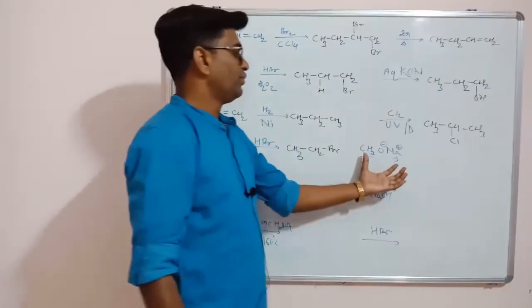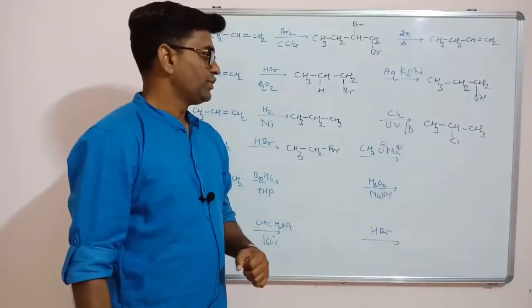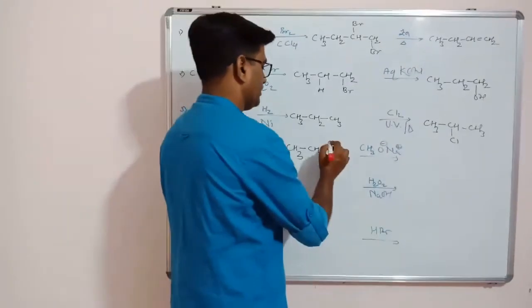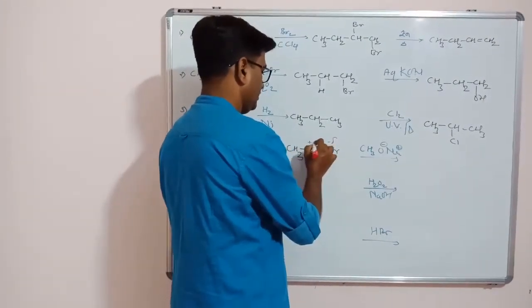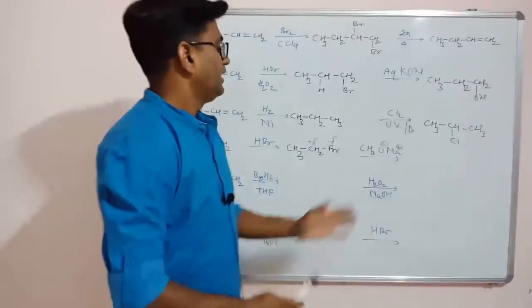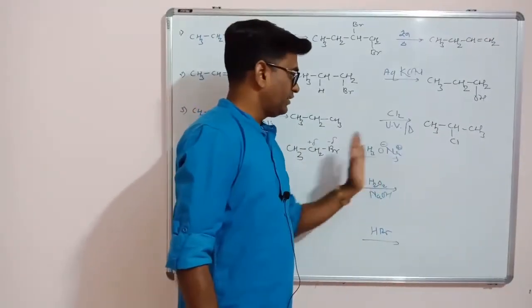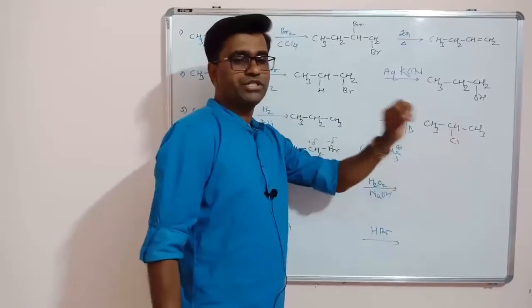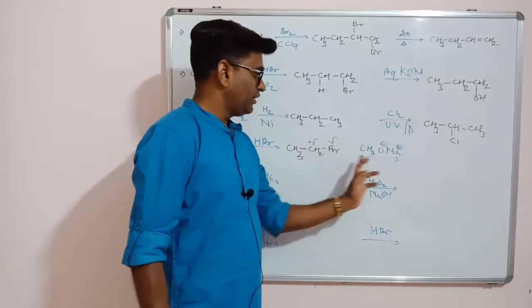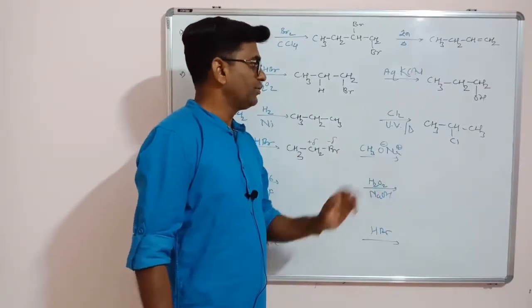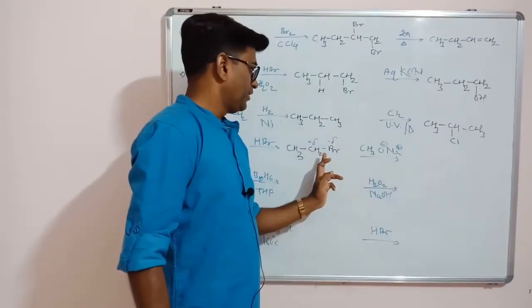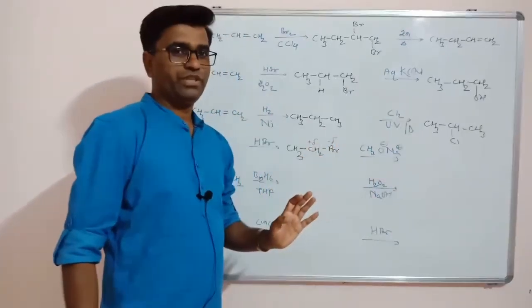Now this is sodium methoxide. Here this bond is polar. So this has a partial negative charge and this has a partial positive charge because bromine is more electronegative than carbon. In this case CH3O minus is the negative part of the reagent and Na plus is the positive part of the reagent. So here the negative part is Br. So instead of Br you should write this negative part because this is a stronger nucleophile. Same over here. Br is replaced by OH. Here also Br is replaced by CH3O.